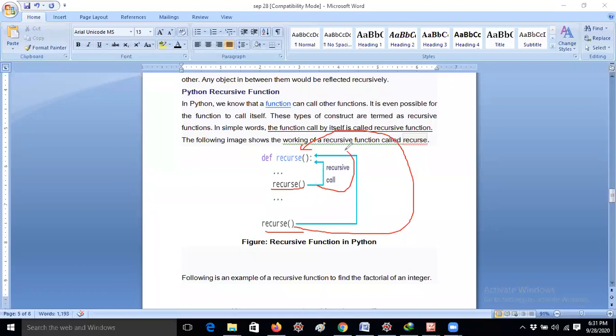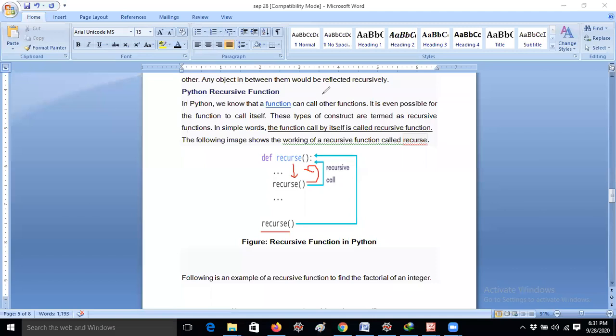That means it goes back to this function again. This is called recursion. I think this diagram is very clear, guys. This is the function, and the function name should be called again in the function body. That means it will be iterated so many times.